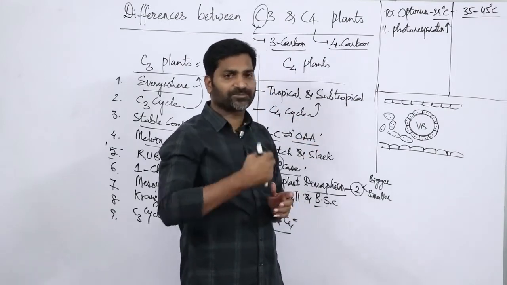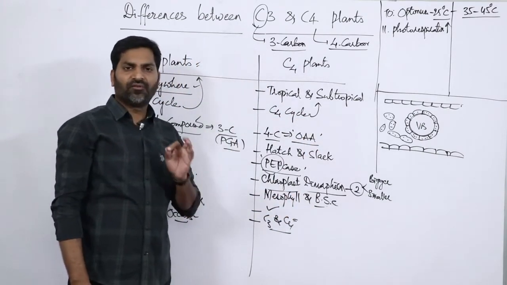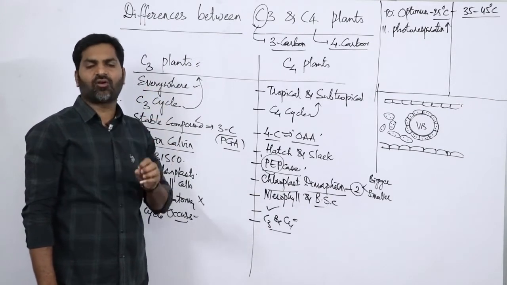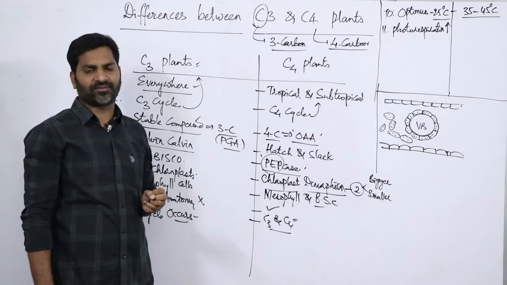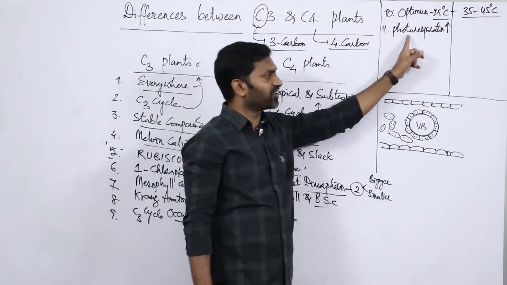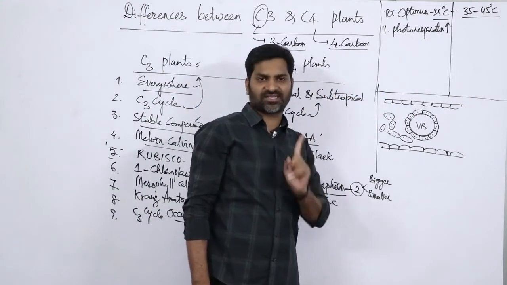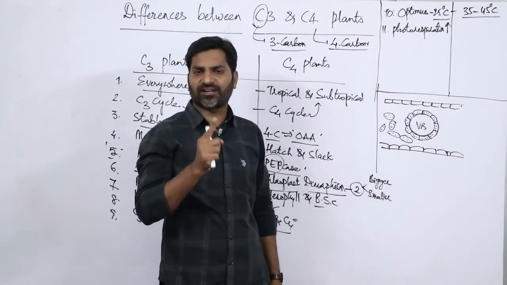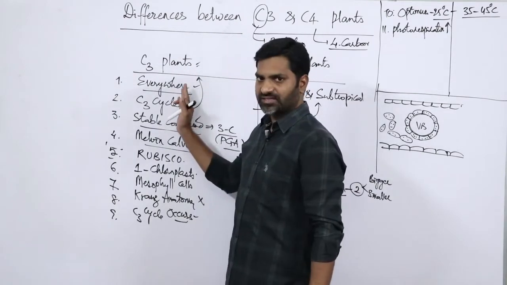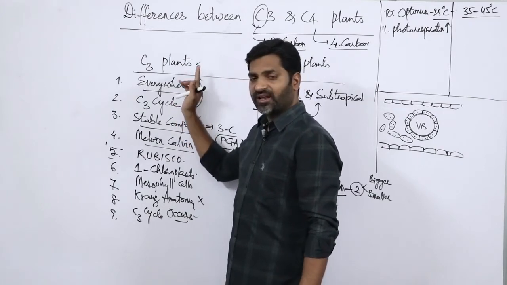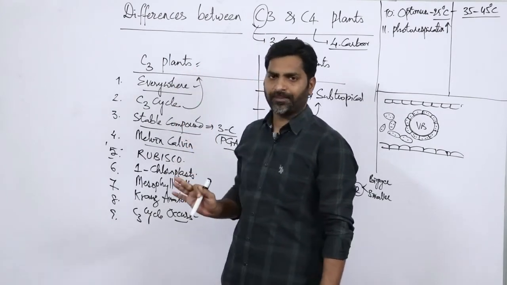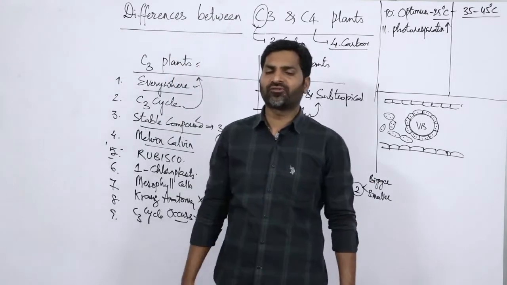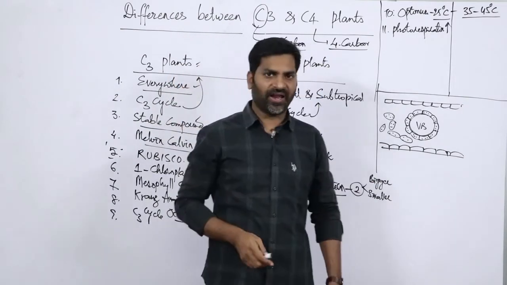But in the photosynthetic process, carbon dioxide is essential. In photorespiration, carbon dioxide is lost, so that is a detrimental effect to C3 plants. It means the production is very low; photosynthetic output will be very low in C3 plants.